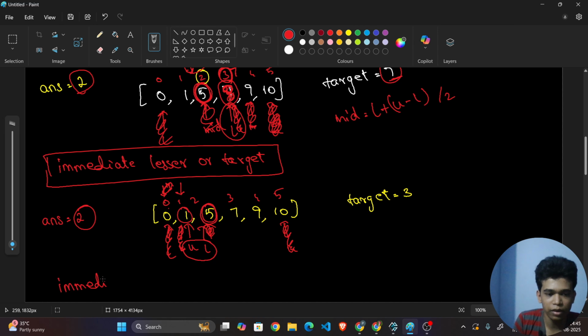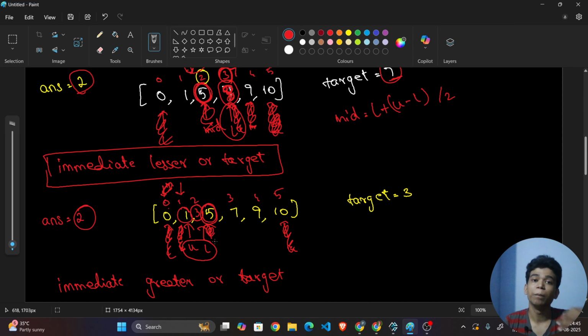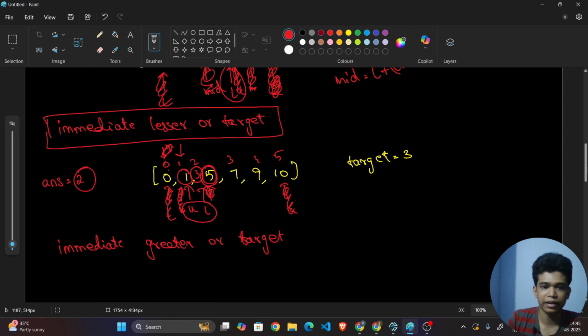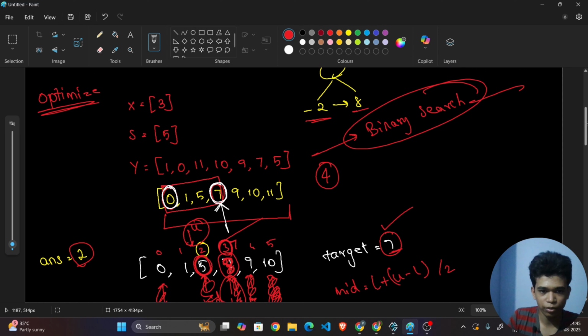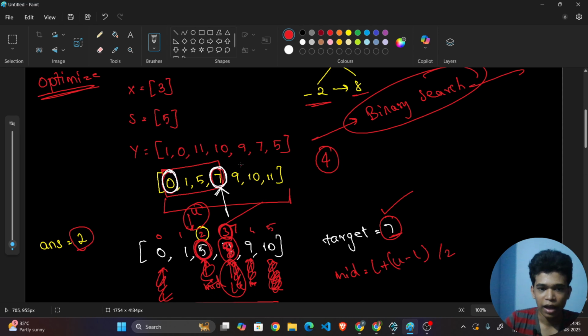So this is the logic behind immediate greater value or the target. So if there is a 3 here, then when I encounter this 3, I will be returning the mid index as it is, because this 3 has a higher priority. Fine. So this is going to be your entire logic to find all those ranges. Okay, so now let us go here. Okay, now, as I told you,